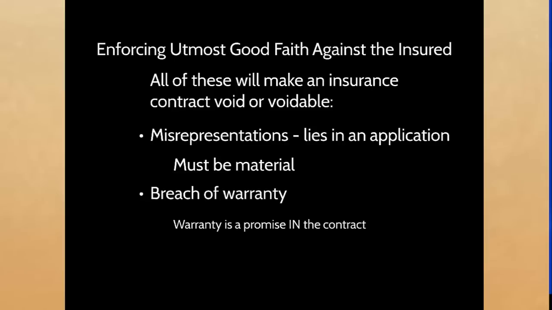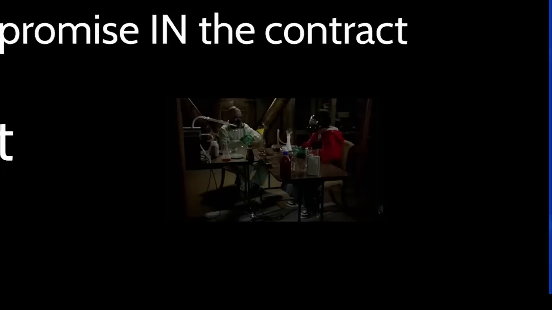A warranty in an insurance contract is a promise in the contract, and typically warranties are made by the insured to the insurer. So, for example, an insured might promise to maintain a fence around its property. If, however, the fence is not maintained, policies can be void. An insurance company can even avoid paying a claim if they discover that a warranty has not been upheld, even if that was not the cause of the loss. Concealment. If it's discovered that an insured concealed something, like a meth lab in their basement, which obviously is risky for the insurance company, this would void the policy.